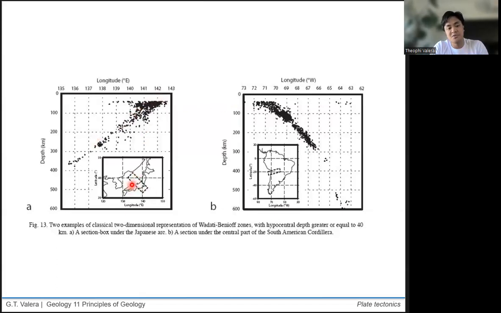So here in Japan, for example, we know that there is the Pacific plate subducting beneath the Japan island. That's why they also have a lot of volcanoes. Fujisan for example, and that's because of this subduction. Ganun din yung sa Chile. So this represents the slab. You can see from here that the slab ranges from 100 kilometers all the way to 400 kilometers. Yeah. What about when you have continent? So by the way, please remember the term Wadati-Benioff zone, ha? Okay. Paano naman kapag continent?